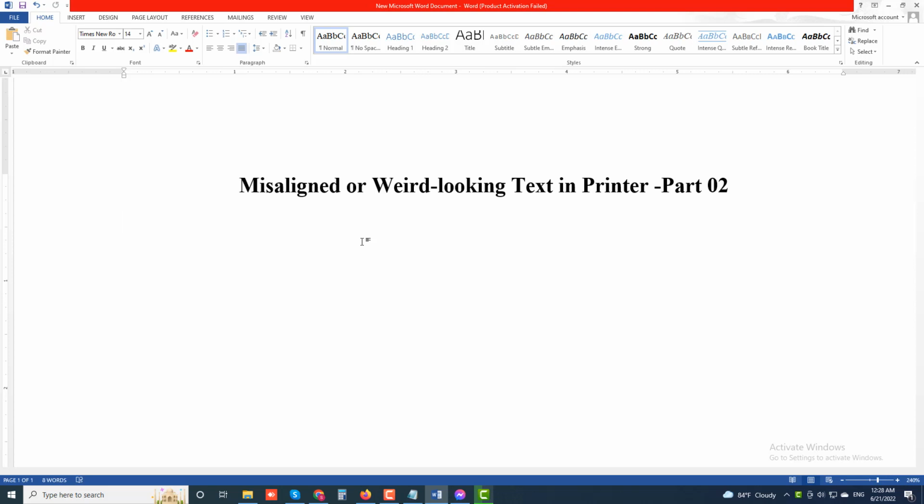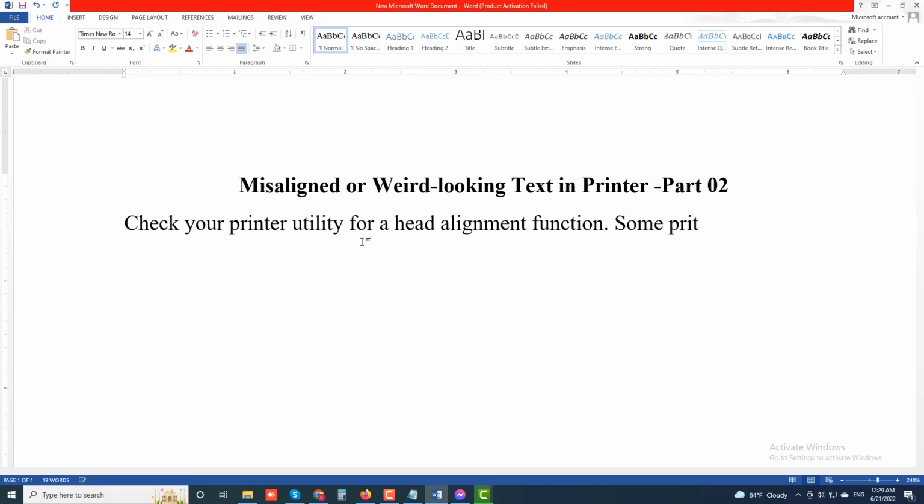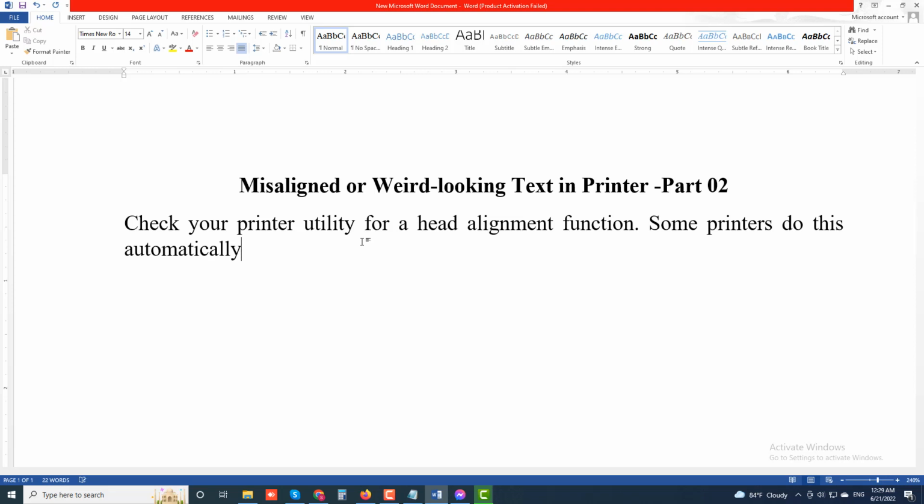Check your printer utility for a head alignment function. Some printers can do this automatically, while others will print out a chart